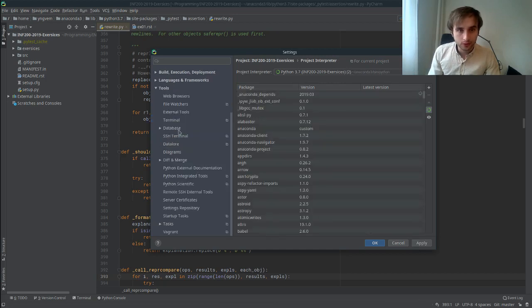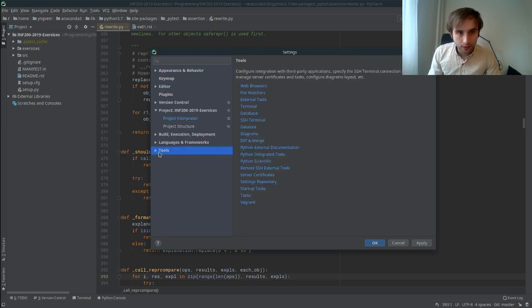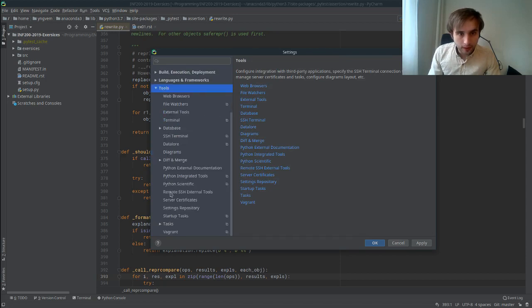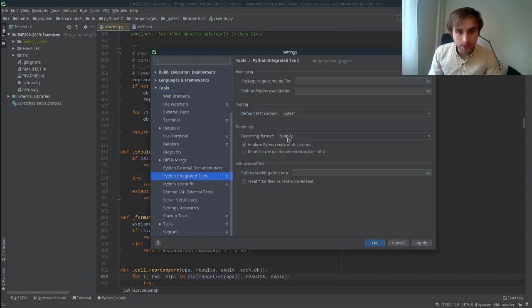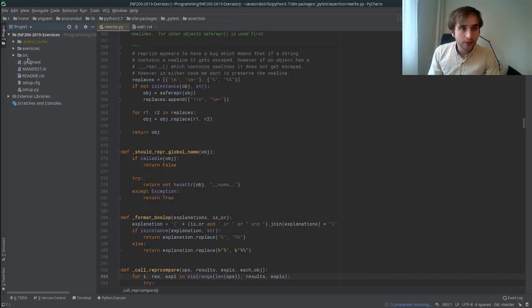Then we go to Tools, and then we find Python Integrated Tools, and for the test runner we choose PyTest. Now I can run our tests by, well, I don't have any tests in this project here, but you can